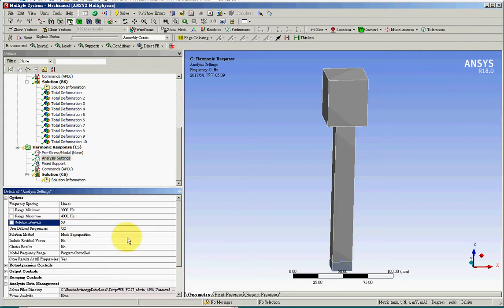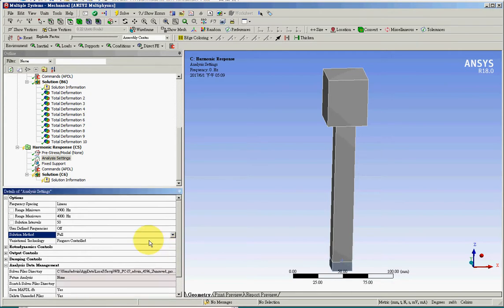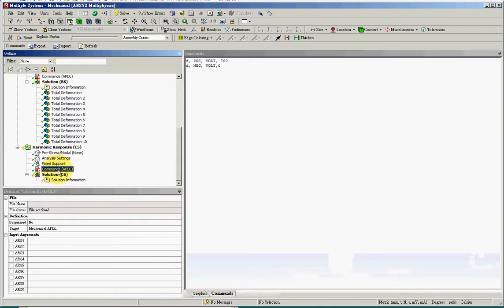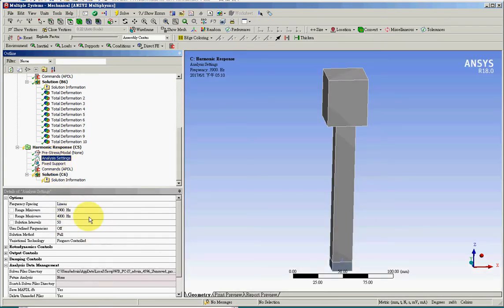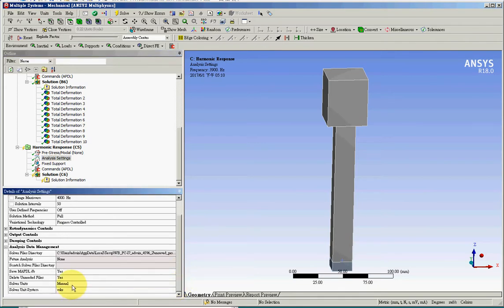intervals for it. Make sure, it is very important that we run a full analysis instead of mode superposition. So make sure that you change the superposition solution method to full analysis. This is very important. And so we have boundary conditions and loading, and also we set the ranges of the frequencies, and make sure that the solution method is full solution, and then the unit will be manually set to